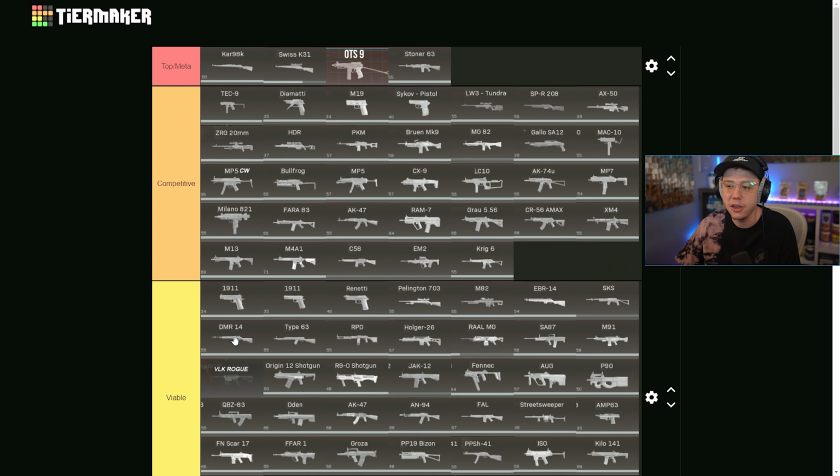Most players are not going to go and switch out a Bruin or an AK or a Farah or a Stoner or an OTS for something like a DMR, for the same reason that the FAL was not used. So yeah, I think it's a good weapon if you want to try and put yourself to a test. And if you're a really high skill player, you could get away with using this and it'll be pretty solid, but I don't think it's good enough for the mass majority of players to be anything higher than just a